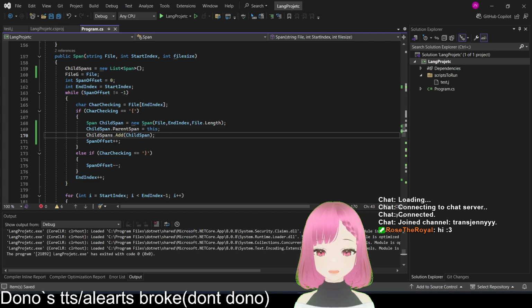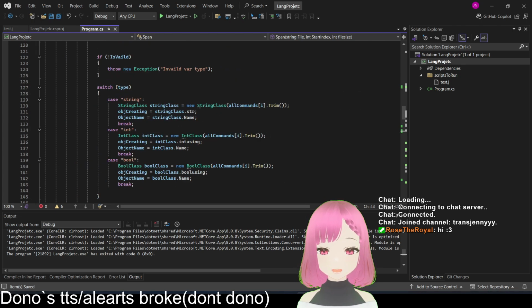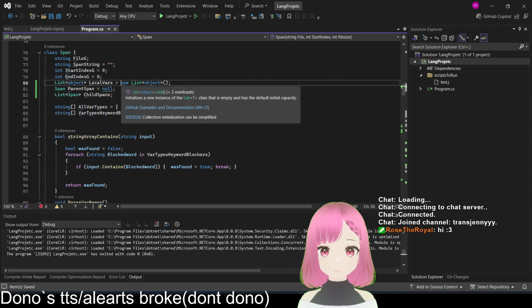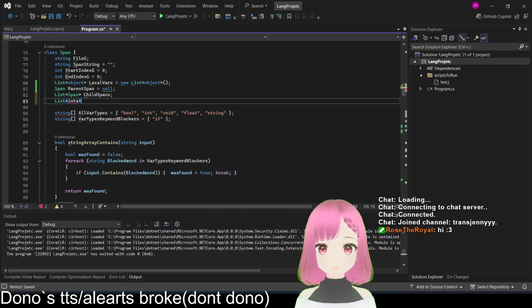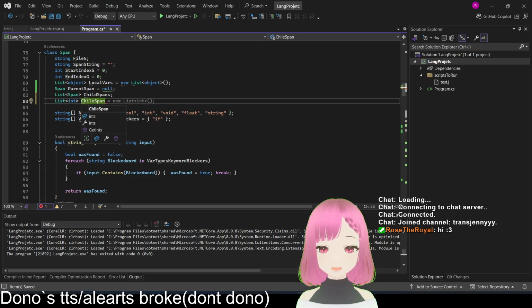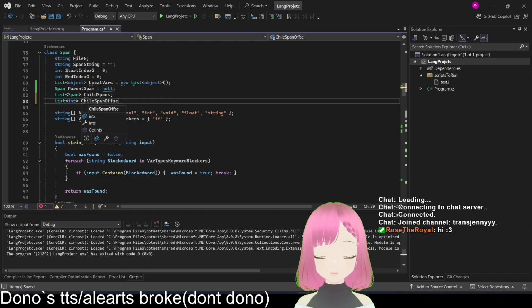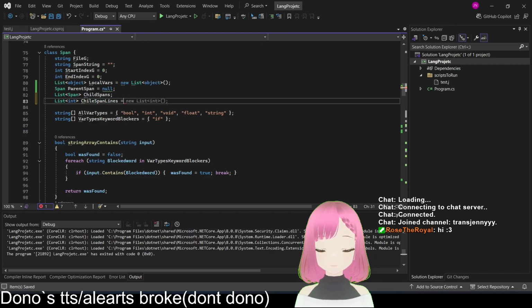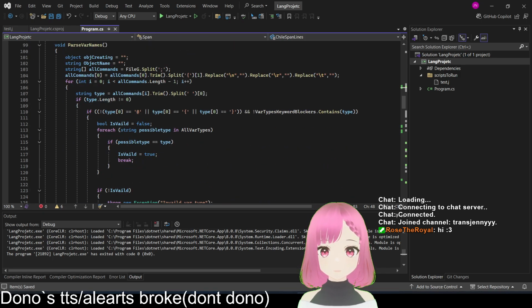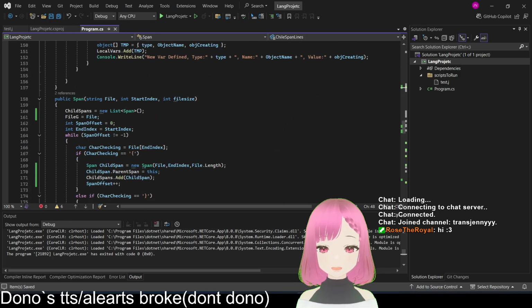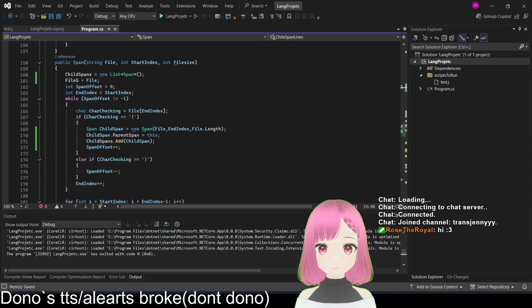And then we're going to want to store, at this point we should be using a class for this, but I don't care enough, we're also going to want to store a list of ints, child span offset lines. So, how do we do this? As this works by letter, does it not? Okay, so what we'll do is